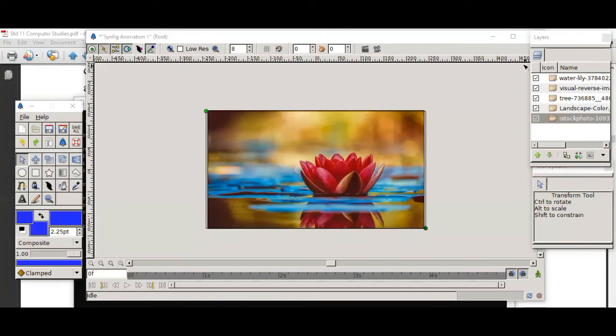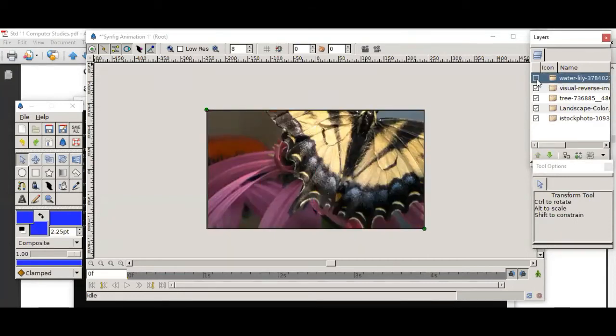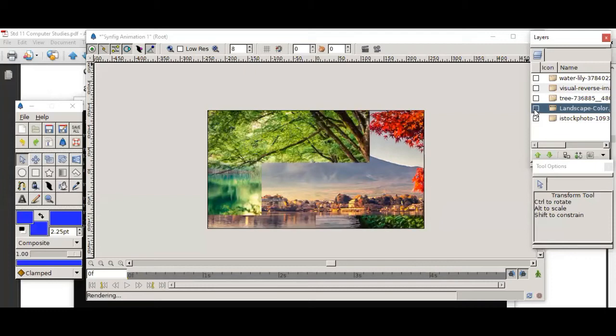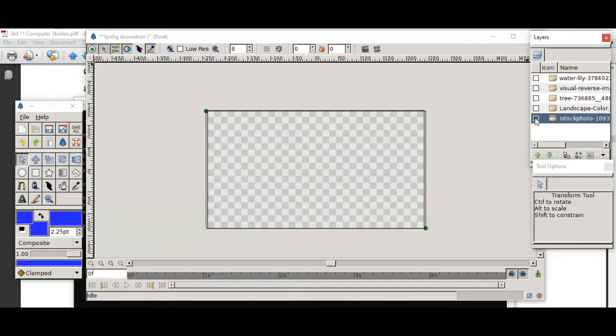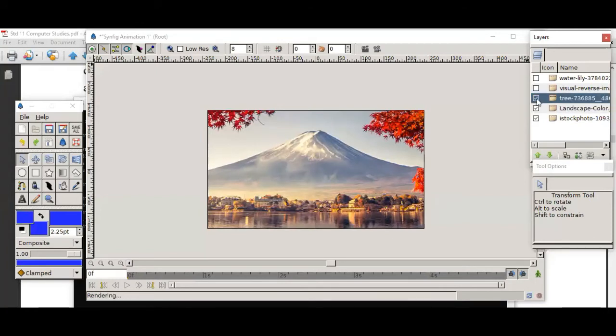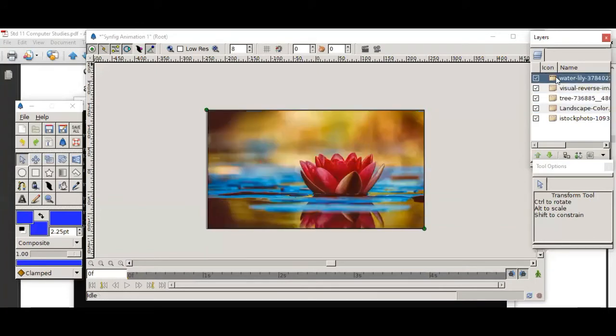Okay, I can see here this is layer number 1. When I make it invisible, you will be able to see the image behind that layer. When I deselect the second one, you will get the third image. This is the fourth one, and this is the last. That is your canvas only. So this is the image that is at the bottom. So only the topmost layer is visible.